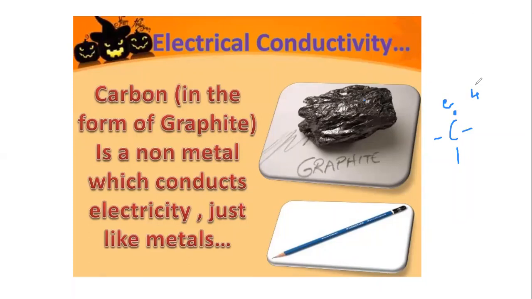You all know the atomic number of carbon is 6 and the configuration is 2,4. So it has 4 electrons in the outermost shell. So in graphite what happens? 3 bonds are formed with carbon, right? But 1 electron is left free. So this 1 free electron is responsible for its conduction, which is an exception. Only non-metal which conducts electricity is